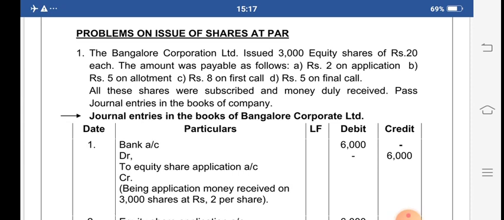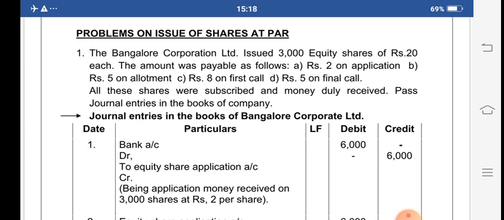This lecture for BBA second sem is on corporate accounting. I hope all of you understood the earlier lecture. In the last lecture we saw the format for the issue of shares at par value. There are six entries for each factor: for the application money, for the allotment, and for the call money. For each factor there are two entries we have to pass. And which are those two entries? Now you have got it.